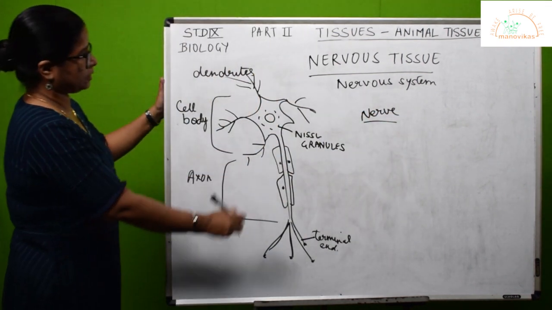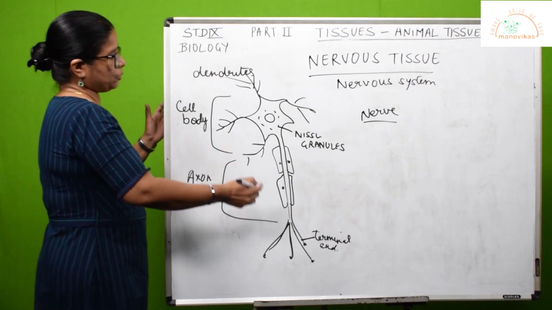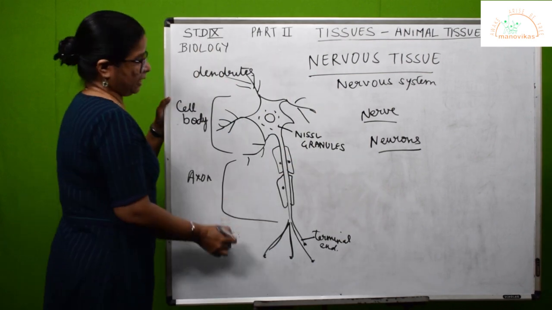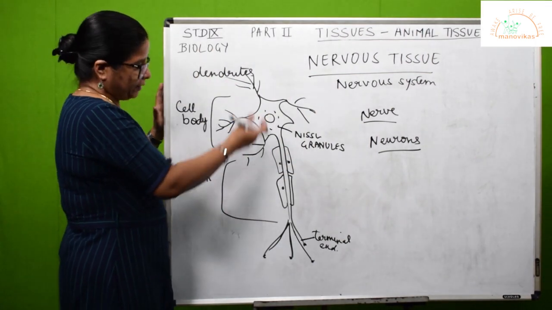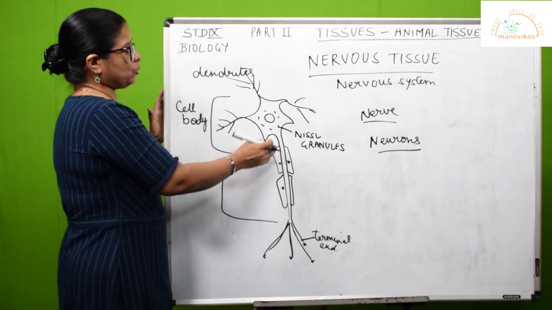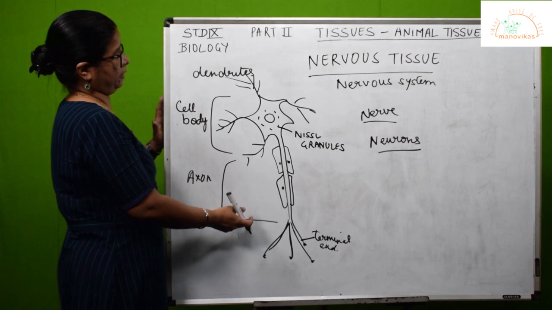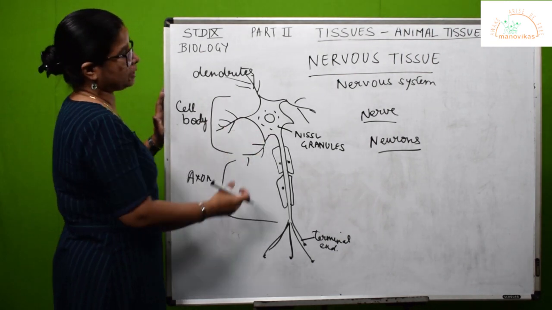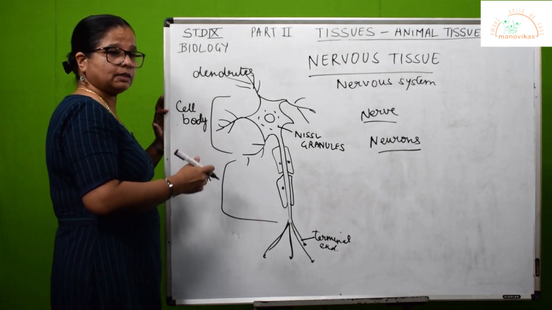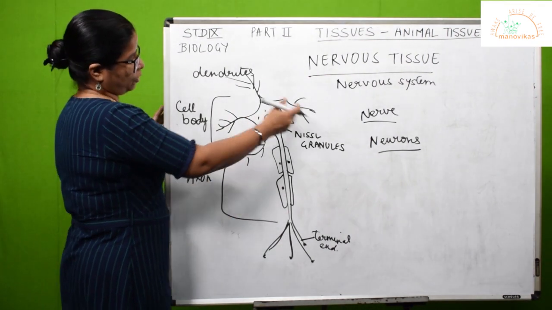So what is the importance of this nervous tissue? That it is made up of these cells. What are these cells called again? These are called neurons. Now the special feature about these neurons is, if they are damaged, new cells can't be made in the body, because first of all they don't have the centrosome. The centrosome initiates cell division, so these cannot be regenerated. Hence, these together make up the nerves of the body. And what is the function of the nerves of the body? To carry impulses from the central nervous system to the periphery, and from the periphery to the central nervous system, and they deal with transmission of nerve impulses.